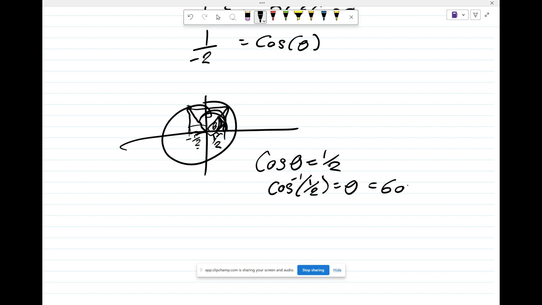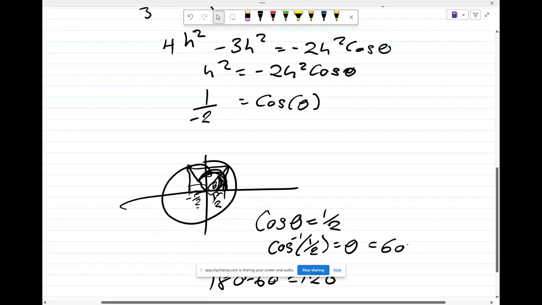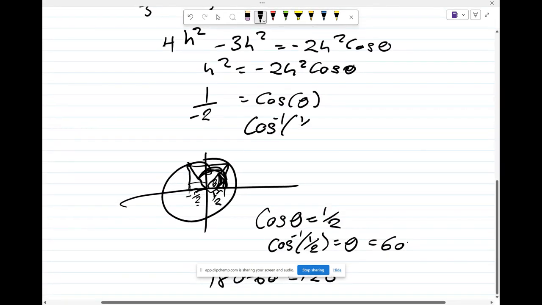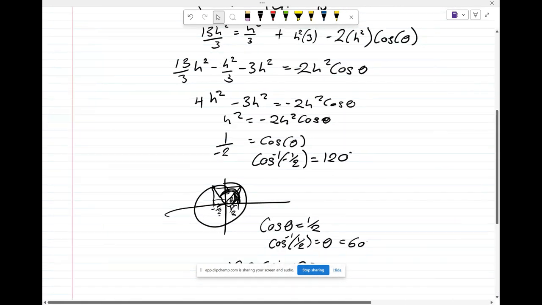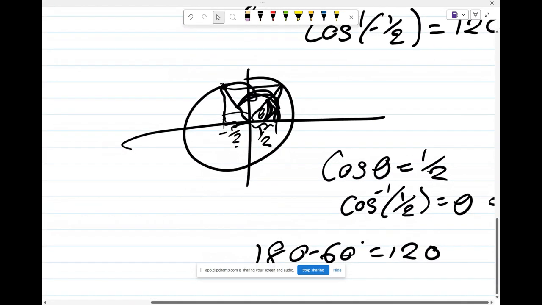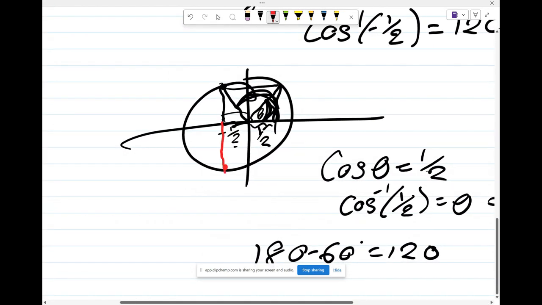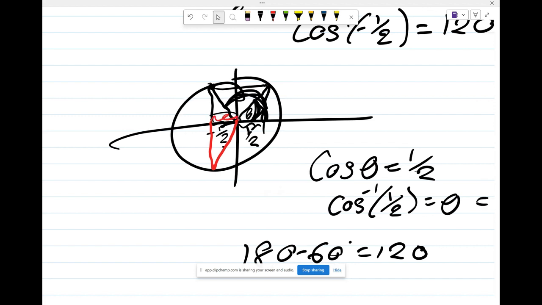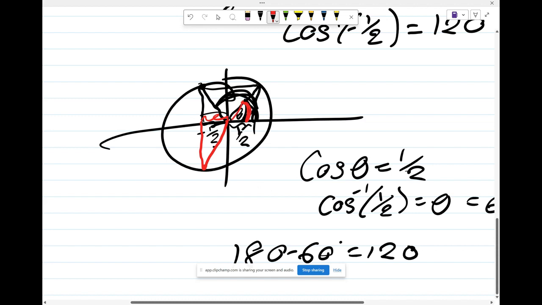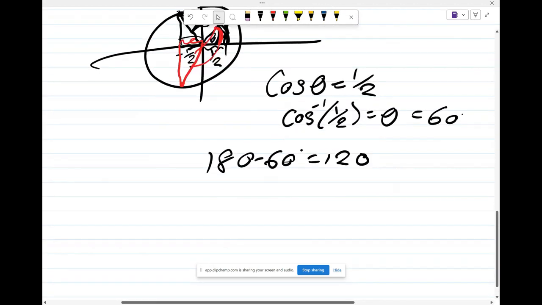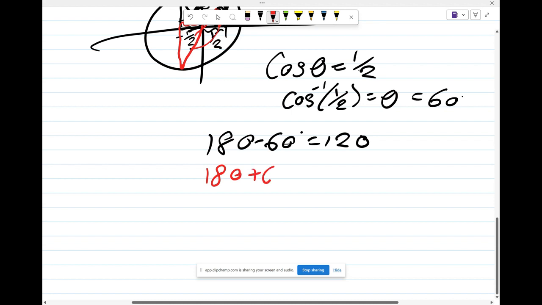If I put that in my calculator, cos inverse 1 over 2 is equal to 60 degrees. So we know this angle in here is 60. How do we get this big angle there? That's 180 minus 60 is equal to 120. So now we know cos inverse of minus 1/2 is equal to 120 degrees. The problem with this is we know that this point down here also shares the minus 1/2 coordinate. And so, okay, let's find that. So if we know this is 60, all we need to do is add 180 degrees onto it. So 180 plus 60 is going to be